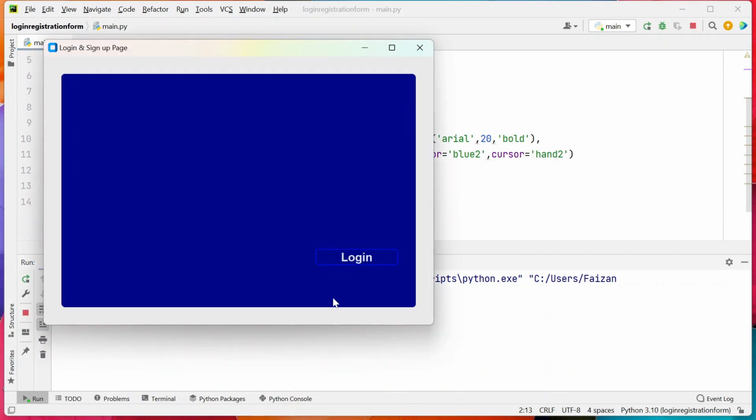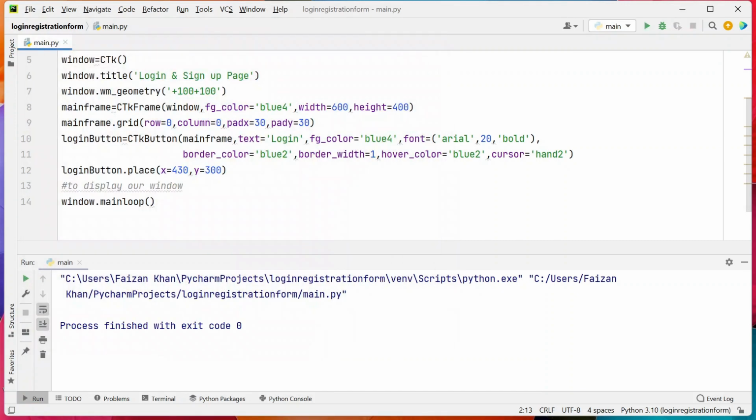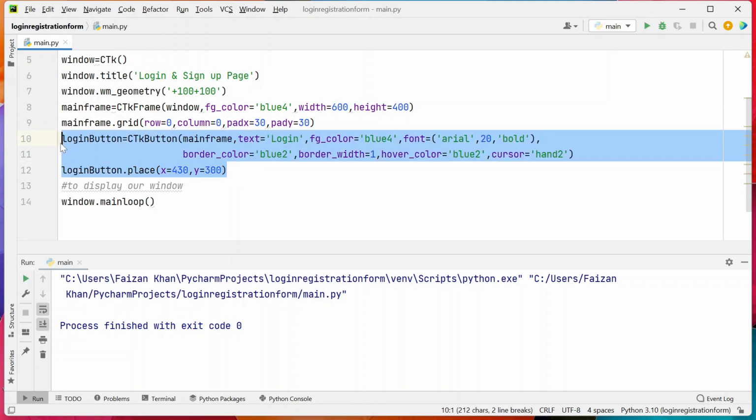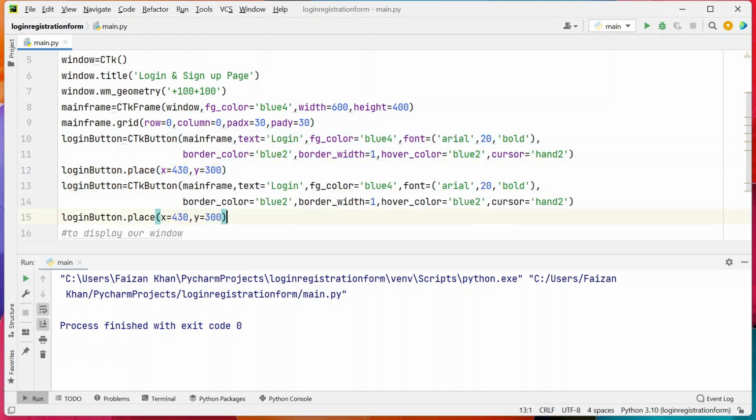So our login button is created. Just like we have created our login button, in the same way we have to create the sign up button, but it will be placed at this position here. So what we can do, we can simply copy this login button and paste here, and this will be renamed to sign up button. And to place multiple cursors in PyCharm, you have to press the Alt key and the mouse left button in order to place multiple cursors at the same time, and you can do the changes at every place at the same time. Okay,